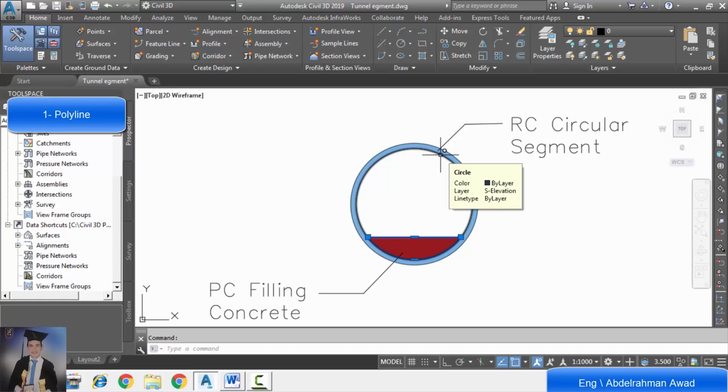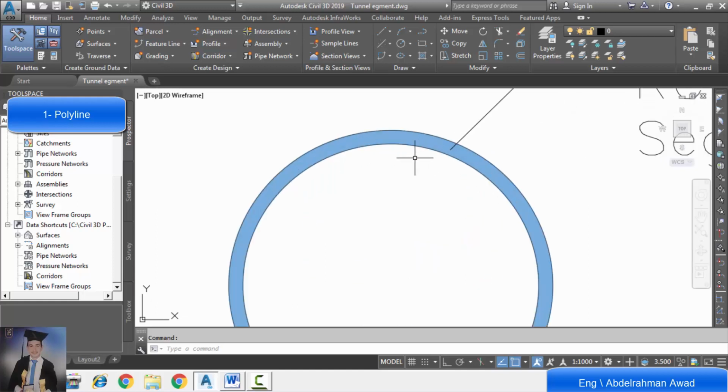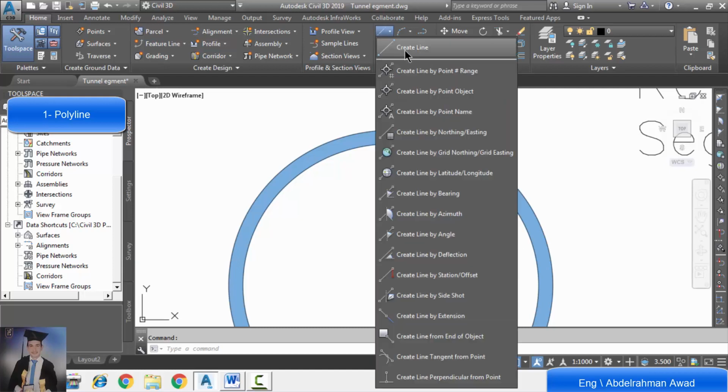So we will divide the two circles into two separate polylines. We will divide the two circles at the center line by a line.